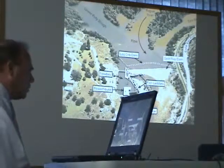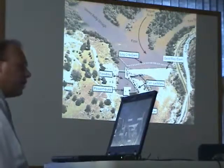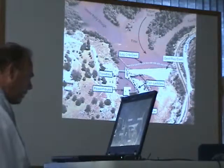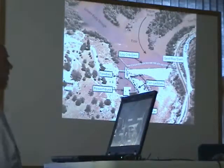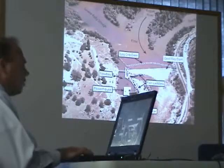The timber crib dam is located immediately upstream of the concrete dam. You can see it there. There's two fish ladders, a primary fish ladder and a secondary fish ladder. The powerhouse, forebay, the tail race. About the only thing that's changed is on the left-hand side of the photograph, there's a pair of residences. Those residences are gone now. Other than that, most of it is still the same as it was when we got it in